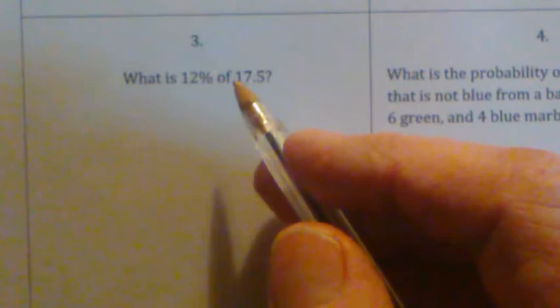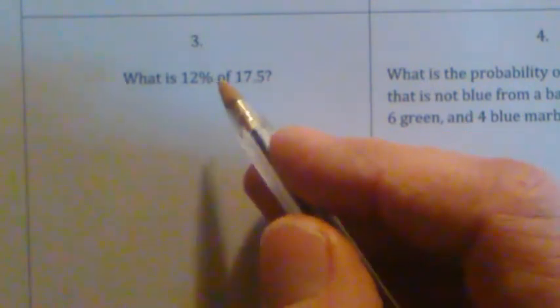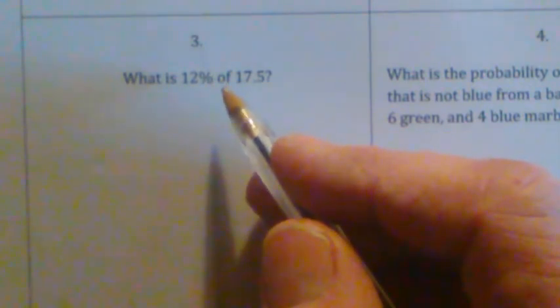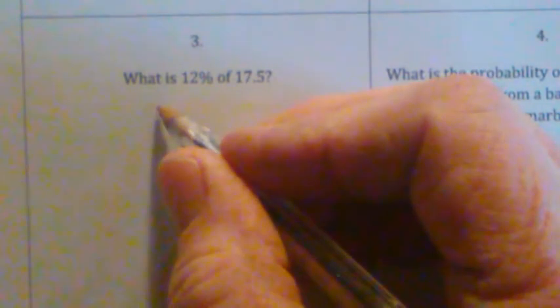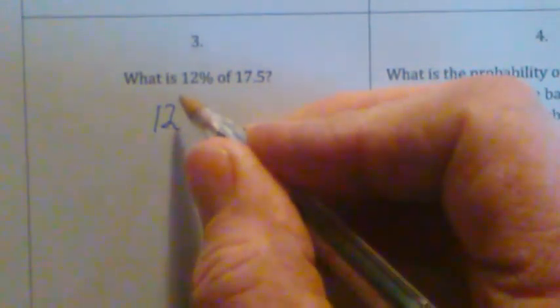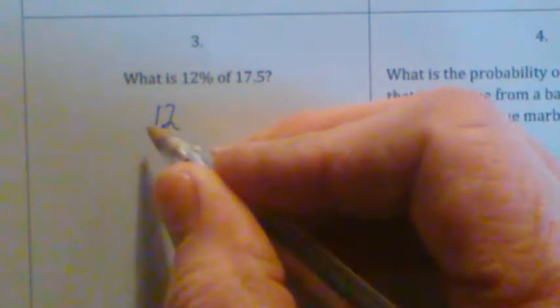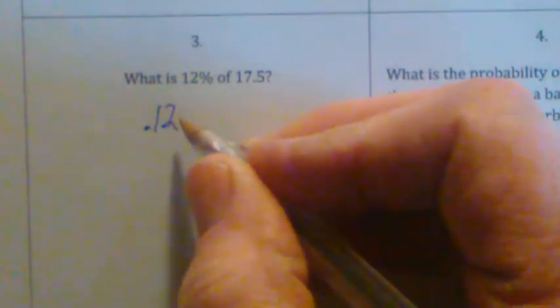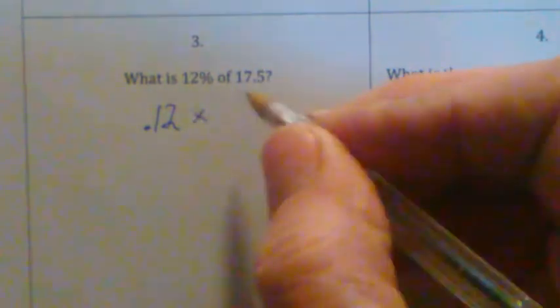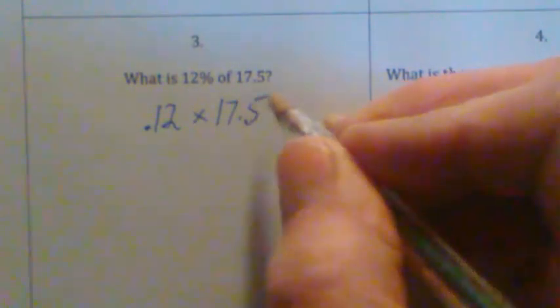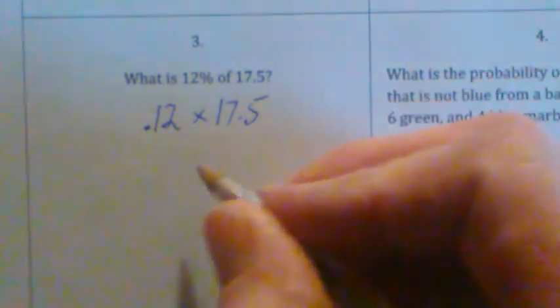Okay, 12% of 17.5. What did I say about that word of? It usually means multiply. So you want 12%. We can't use percent when we multiply. We change it to a decimal. 12% is 12 hundredths. You move the decimal point 2 places. Times 17.5. And if you run that in your calculator, you get about